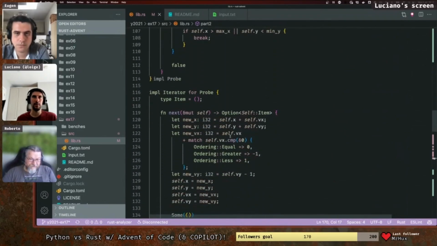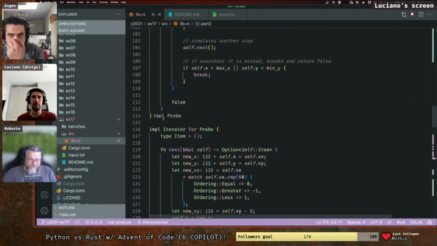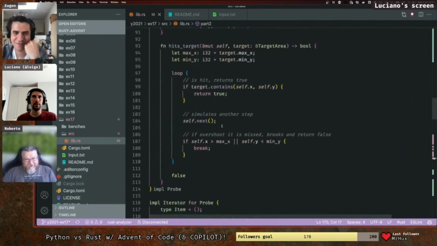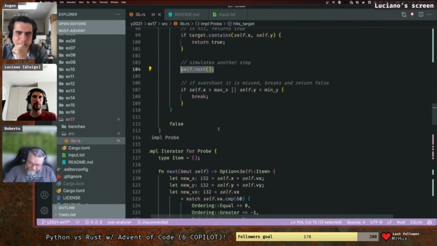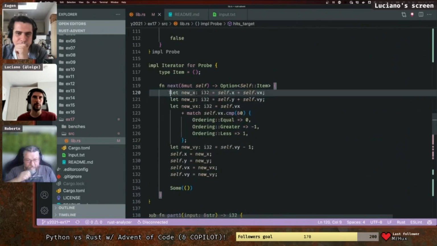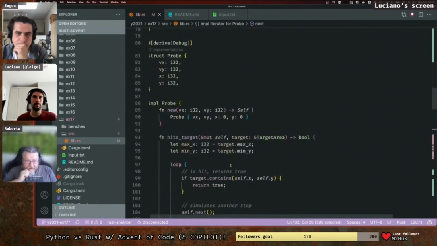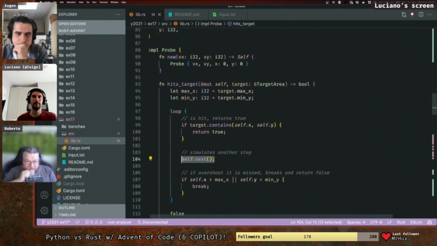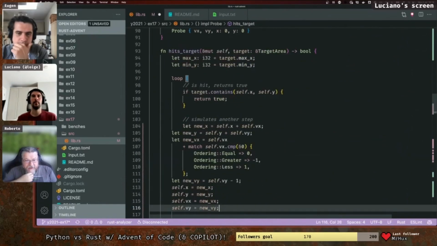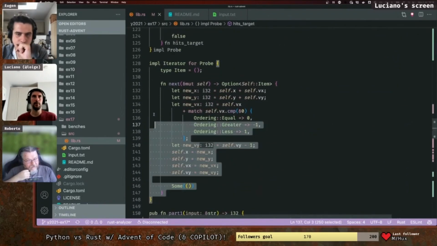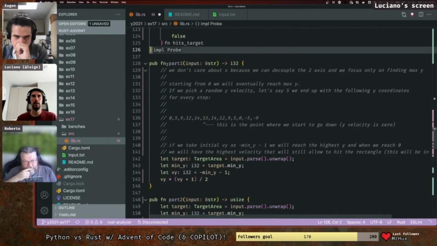Yeah, exactly. So here, I'm probably going to try to remove the iterator really quick. You like iterators, eh? So basically what we want to do here is simulate another step. We need to copy all this code inside there, right? Yep. But without the self reference, you don't need to change self. You can have local mutable variables. So let me remove all this stuff. We can have